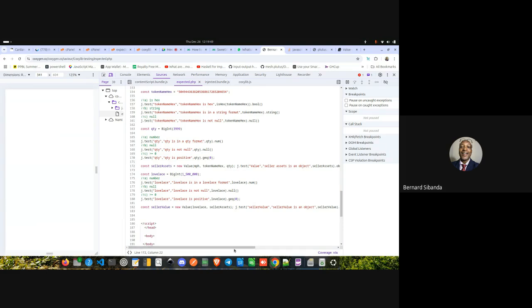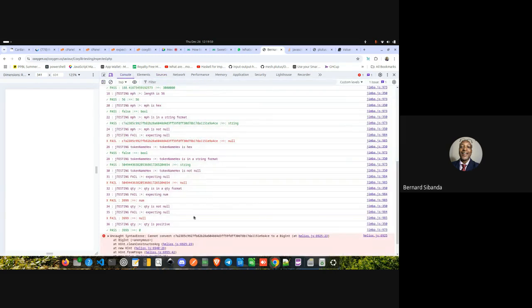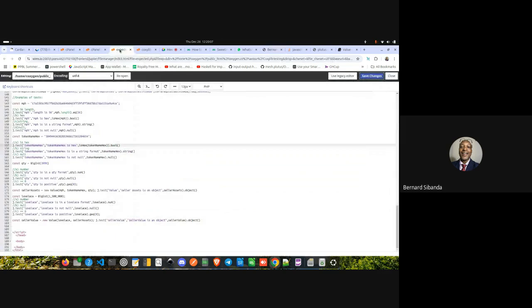Seller assets is an object. Right, it is saying cannot convert this to big int. Let's take out that test. Let's take out these two tests. This one and this one. Maybe this one is going to also produce the same. Let me leave this one.